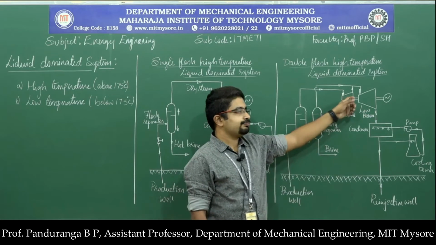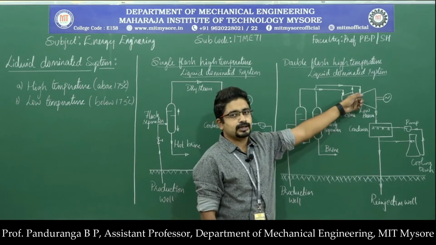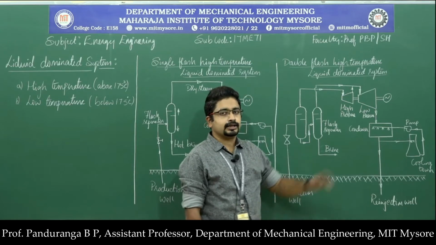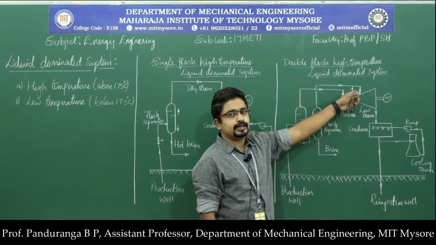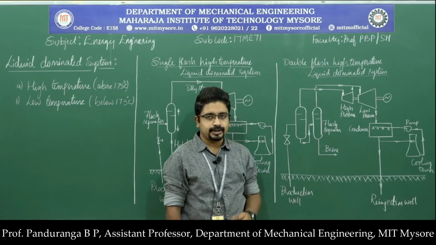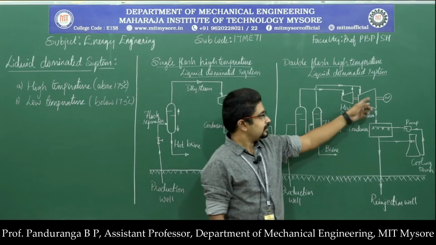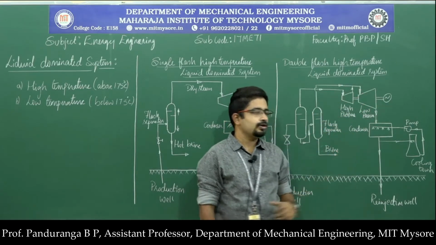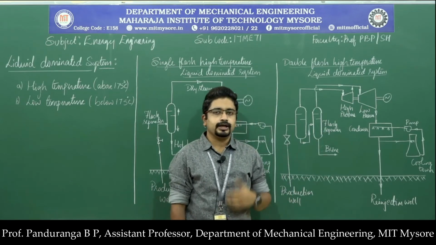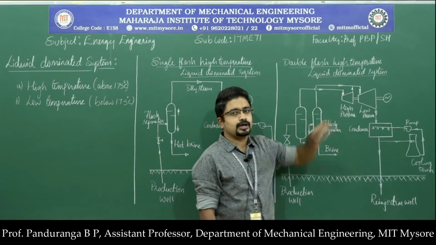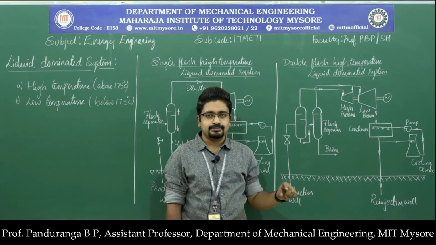The pressure at the outlet of the high pressure turbine will be designed in such a way that it will be slightly greater than the pressure of the steam coming out of the second flash separator, and then the entire mass of steam expands in the low pressure turbine, where further energy will be absorbed by the turbine blades. Both the high pressure and low pressure turbines are mounted on the same shaft.